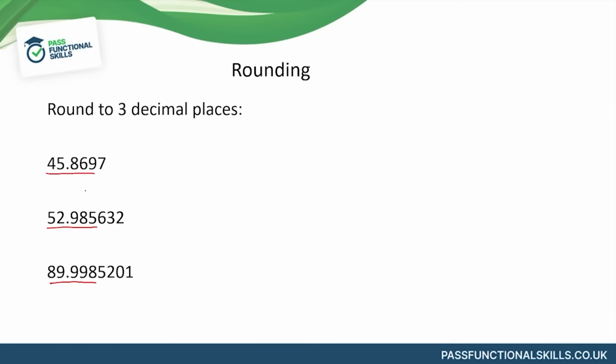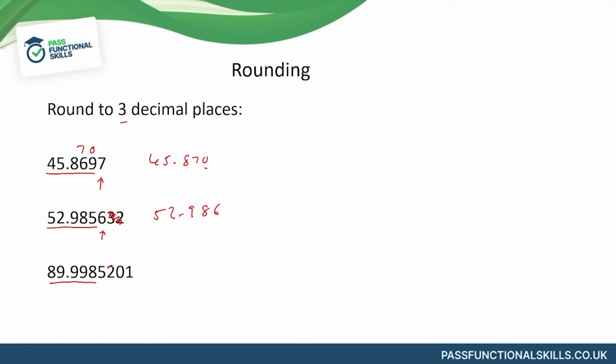rules. If we're rounding to 67 decimal places, then you look at the 68th. So here we've got a 7, that's going to round the 9 up 1 to a 10, so that will become a 0 and that will become a 7, so that's 45.870. Well, you do need the 0, otherwise you don't have three decimal places. Ignore the 3 and the 2, it's the 6 that counts, and that's going to round this 5 up by 1, so